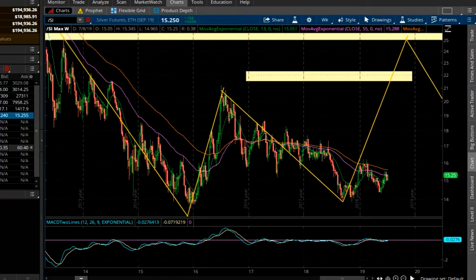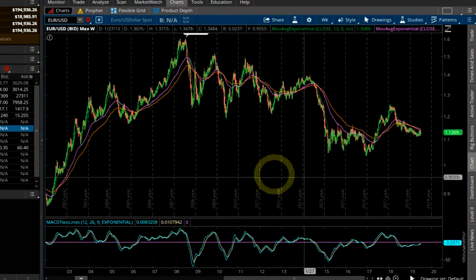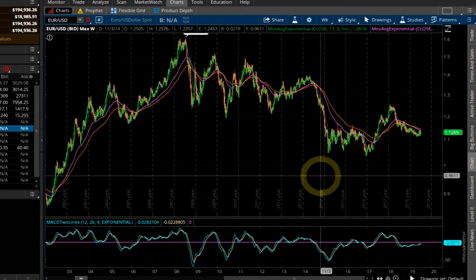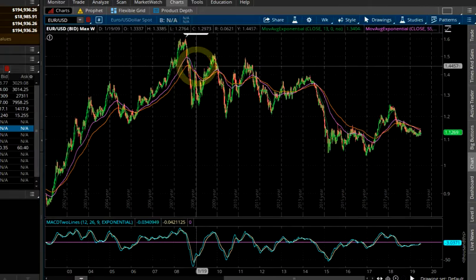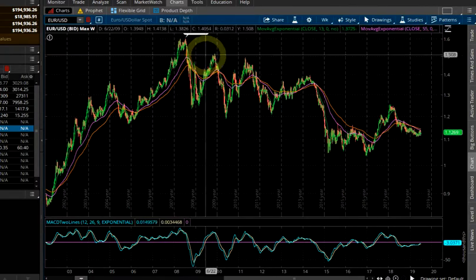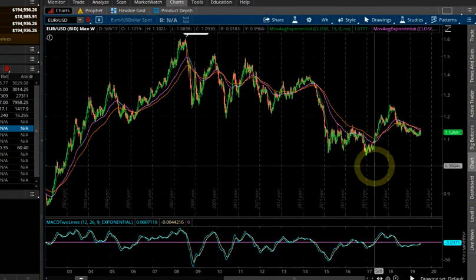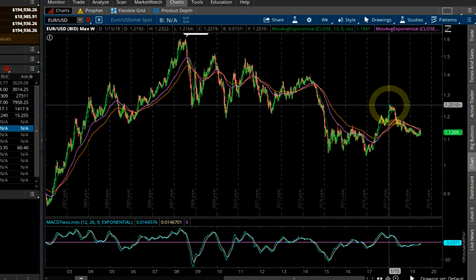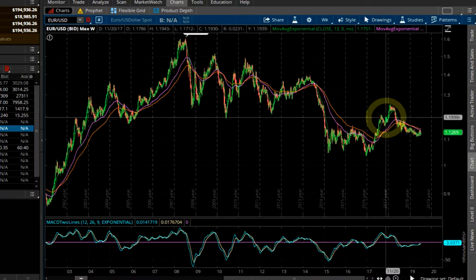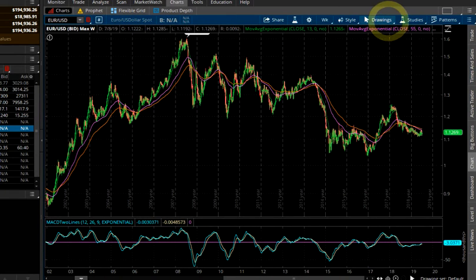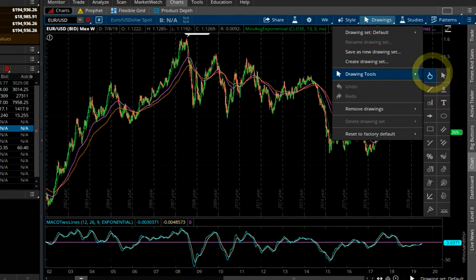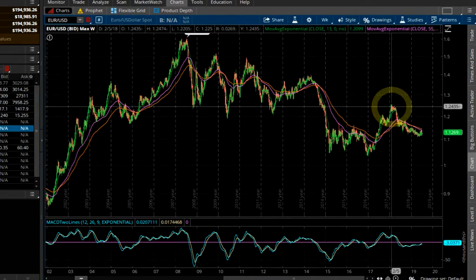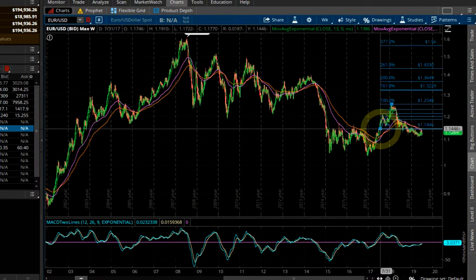All right, let's look at the euro. The euro is something I've been talking about quite a bit here. We've had this strange looking choppy market. Then we had this area where we took off pretty big. And if we measure this, if we just get out the Fibonacci and just measure this from high to low,